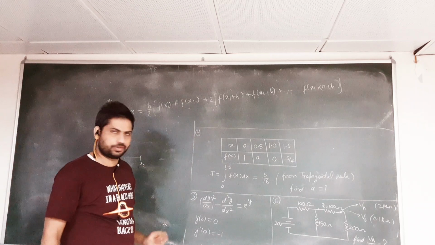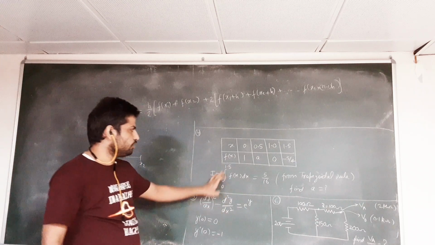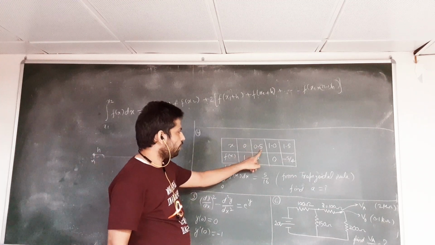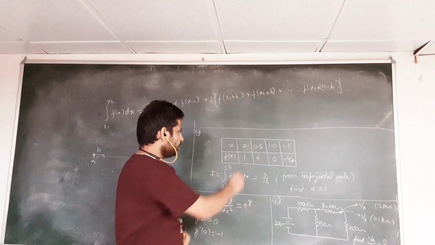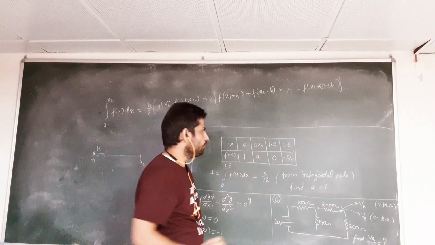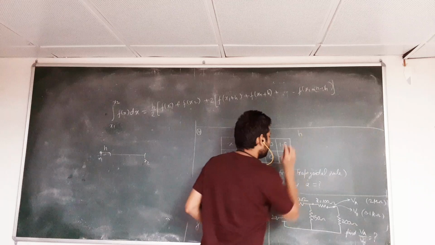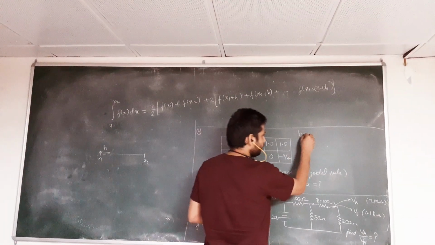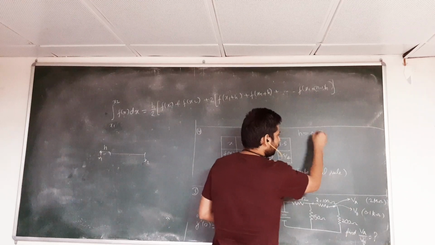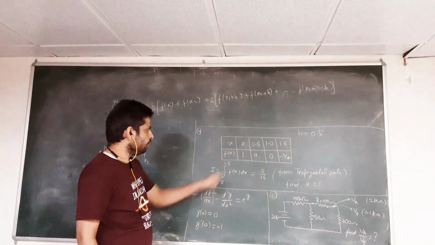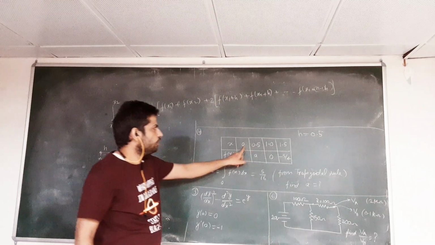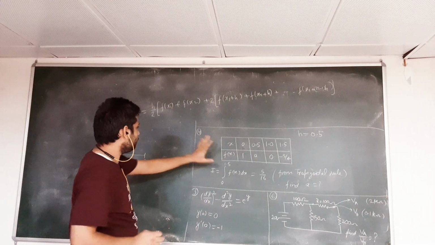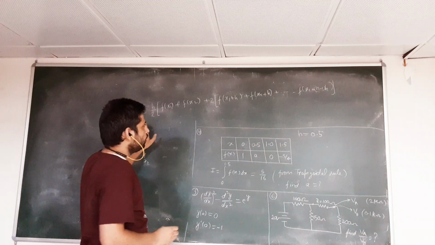Now let's see this question. Here you have an integration from 0 to 1.5, and the table shows that your x values are 0, 0.5, 1 and 1.5. From this data, we can say that the grid size, or the difference between two consecutive x values, is 0.5. This is one piece of information. Your starting limit is 0 and your last limit is 1.5. So if you solve this integration using this formula, what will we have?